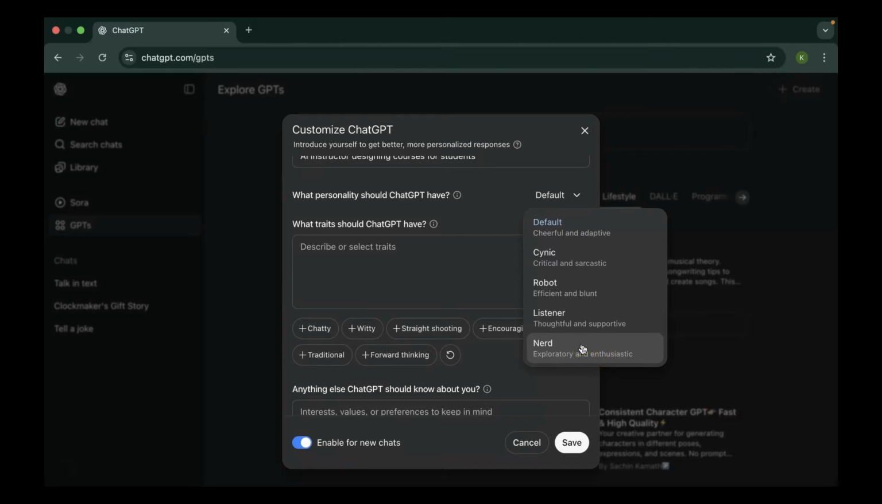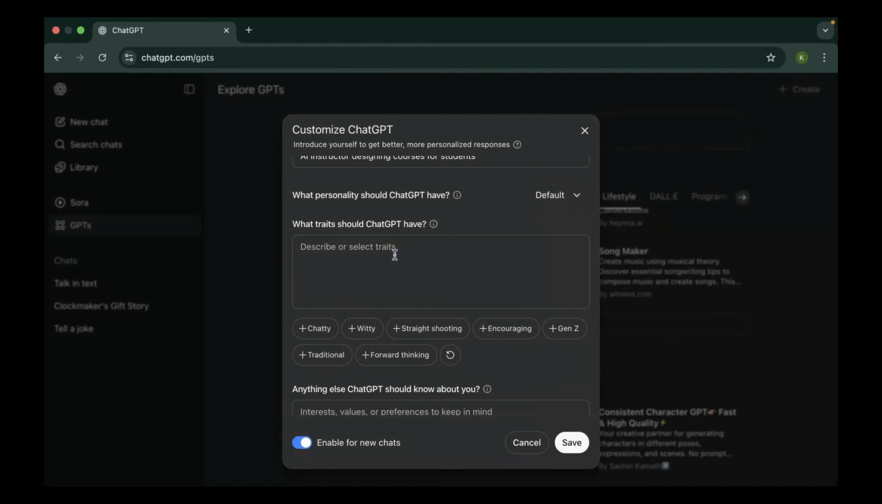I want none of that, and I also want all of that. I want it to be efficient. I want it to be thoughtful. I want it to be exploratory. So, yes, that is exactly what I'm going to do. I'm going to tell it what traits it should have. Now, I have decided what traits I want it to have according to myself, but again, this is something that you should customize according to you. So, I'm going to show you what all you could add, and then you can decide what all traits you